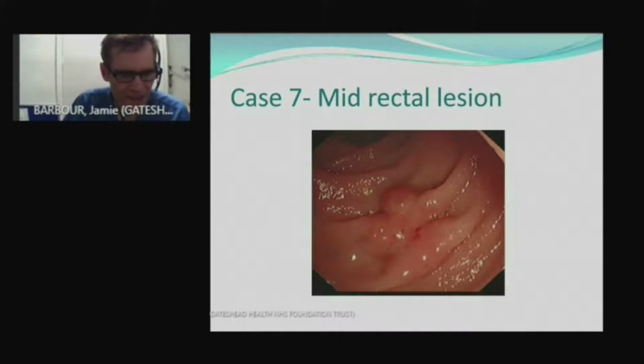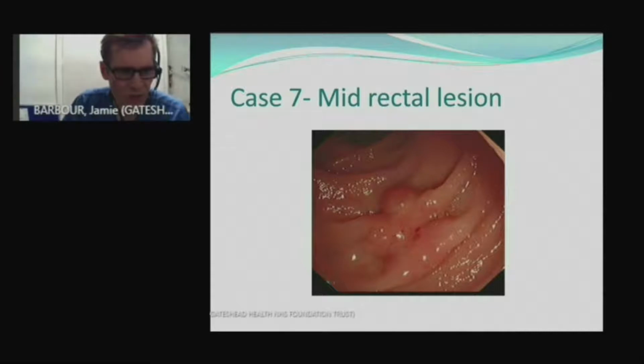Well, the key to this picture is that the fold convergence, and there's folds going into this lesion that make it not look what you normally expect. Polyps sit on the mucosa. They don't go below the mucosa unless there's invasion, and they follow the contour of the folds. They don't disrupt the contour of the folds, and this is disrupting and actually pulling in the folds. So either this is an invasive cancer,